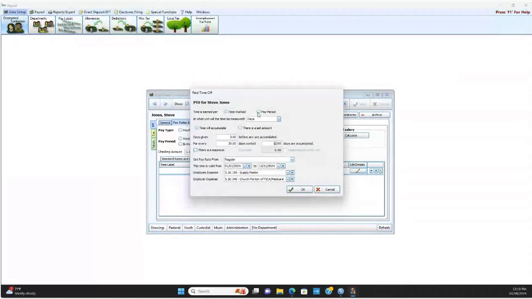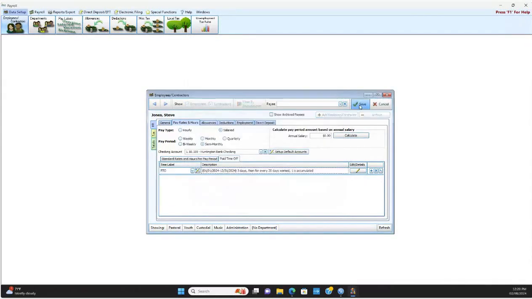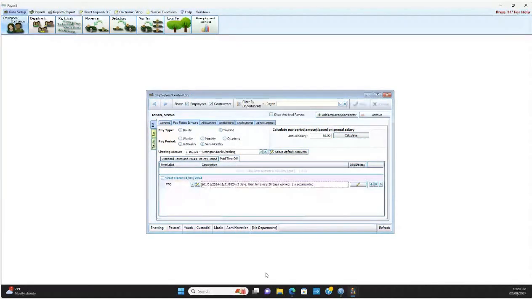You can also have the pay, based on time worked, you can do it per pay period, okay? We're going to leave it as time worked because I want to show you something about this. We're right at 20 minutes after the hour, folks. So I'm going to go a couple minutes long probably because of this. When I click OK through this, I now have to tab off that and I have to click Save in the upper right, okay? Because what I want to show you is when we go here now and we go